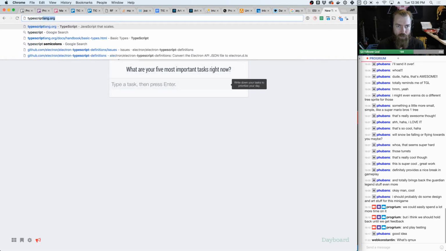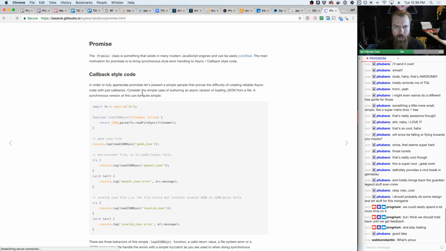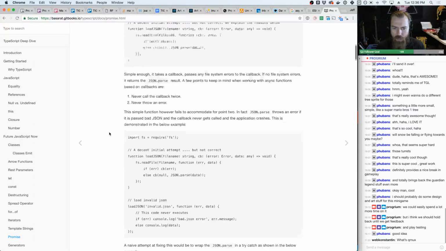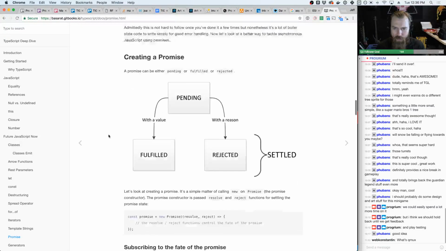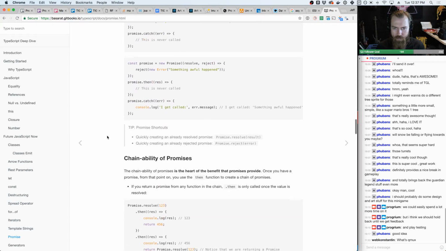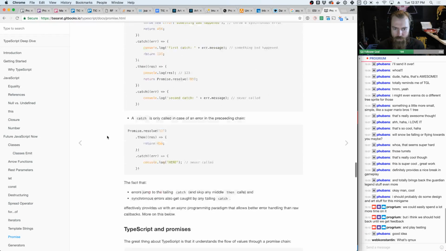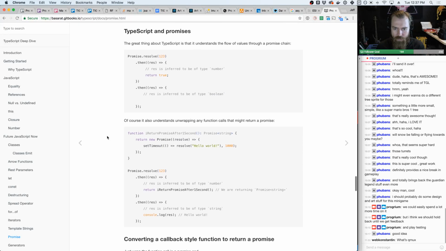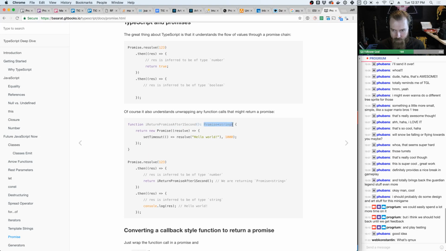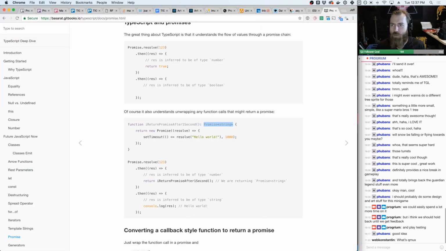Where was that page? TypeScript and promises. Yeah, callback style, blah, blah, blah. We're not going to do that. This is what I'm looking for. So, function that will return